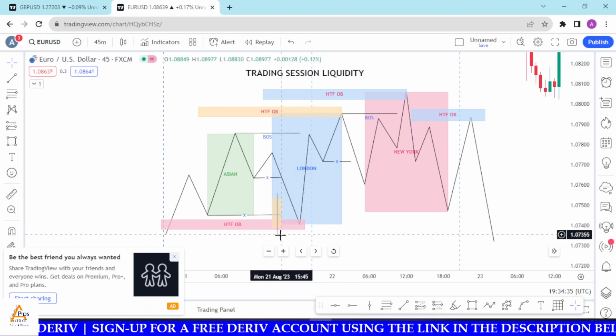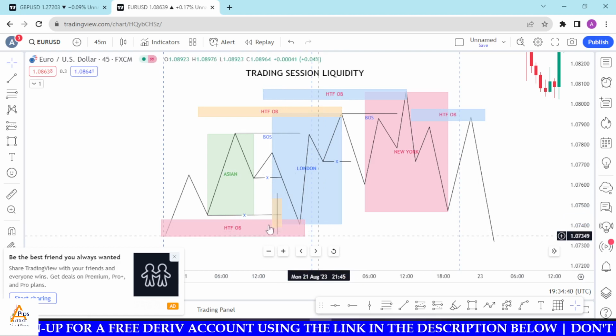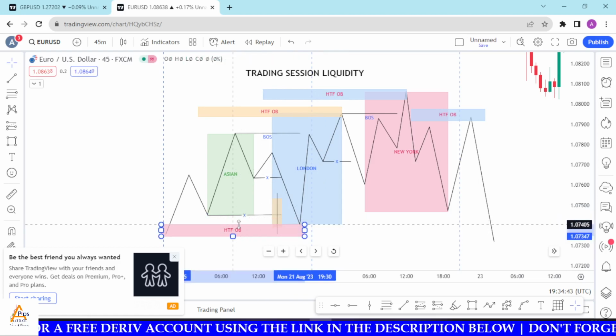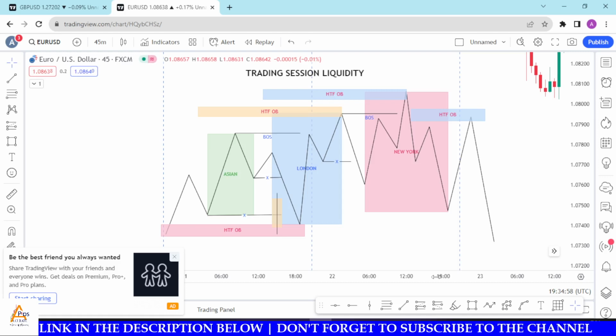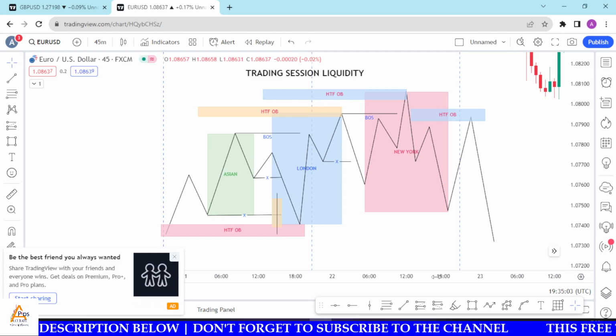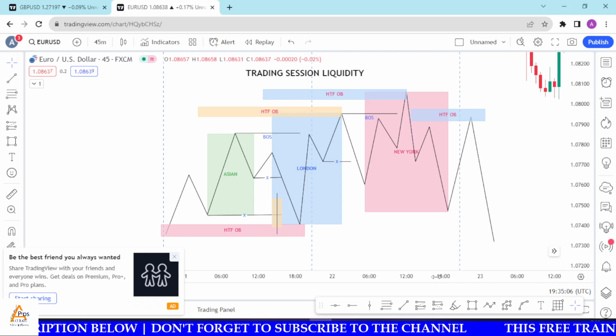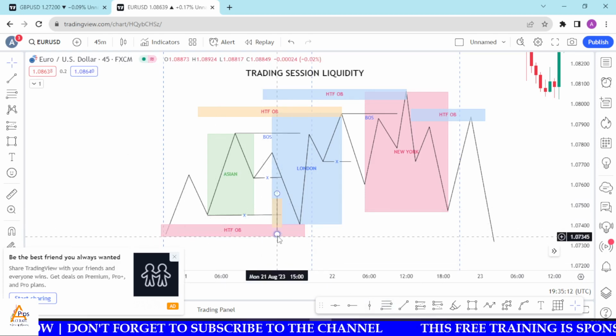Okay, now once this happens, let me increase this. Once this happens, then what you need to do is this. It means that we have to go and look below the session low, and see if there is a POI on the higher time frame that we are doing our analysis on, that is unmitigated. If we see a POI which is unmitigated and price taps into that POI,